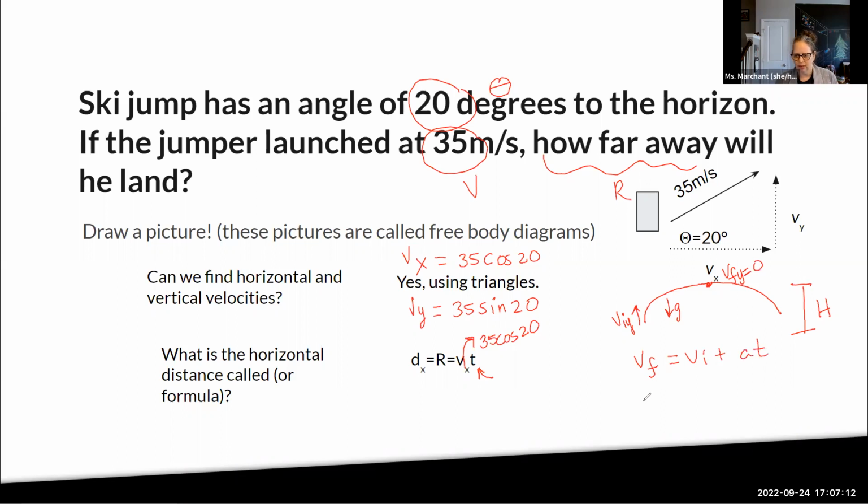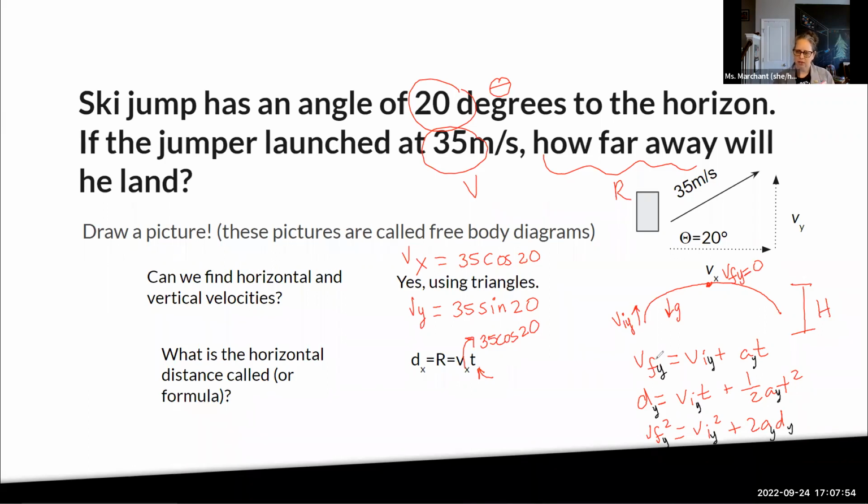Okay, so, and then what else do we have? Distance is equal to velocity initial times time plus 1/2 AT squared. And we had V final squared equals V initial squared plus 2AD. So all of these are going to be in the y right now because that's what I'm concerned with. So I'm just going to add some y's. That's all that matters. Every place that I see a component, I know I have to give the y component for it because I need to find something to do with the y to help me cancel out,